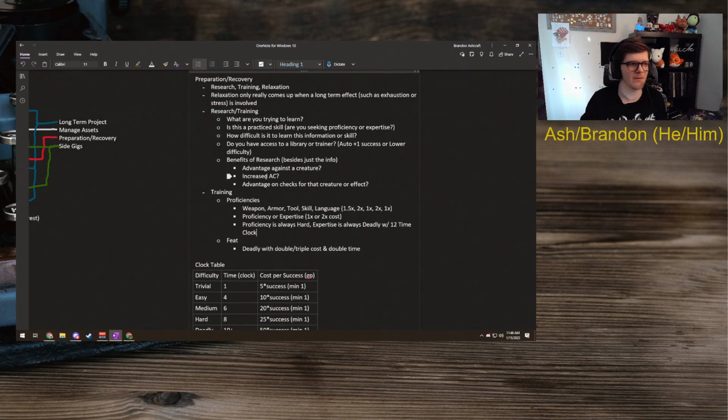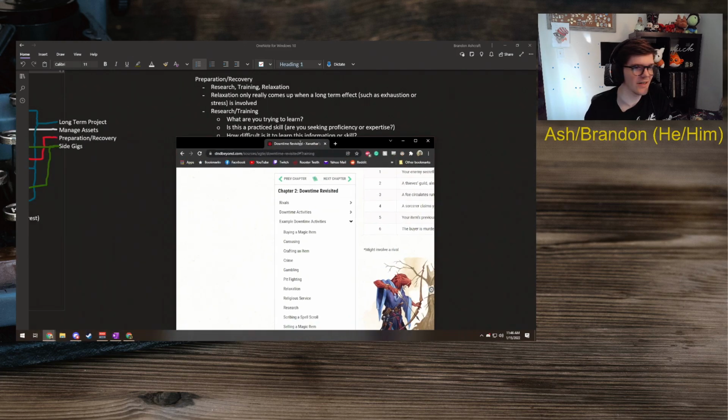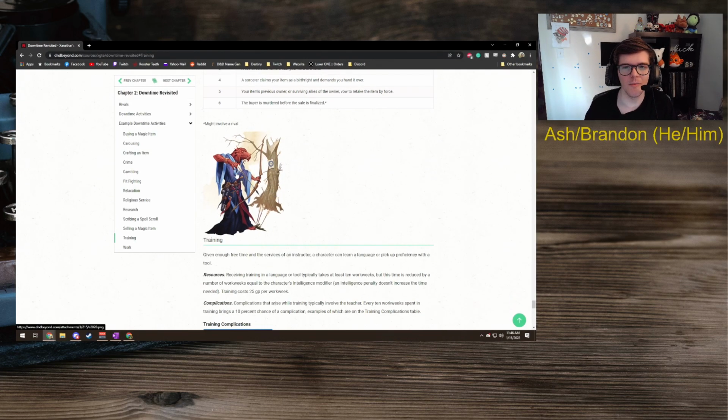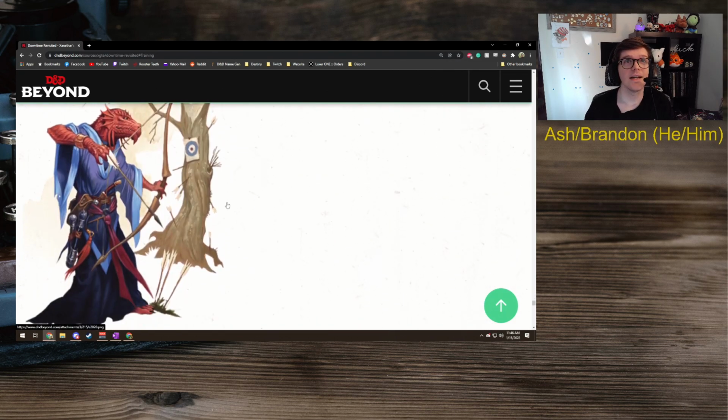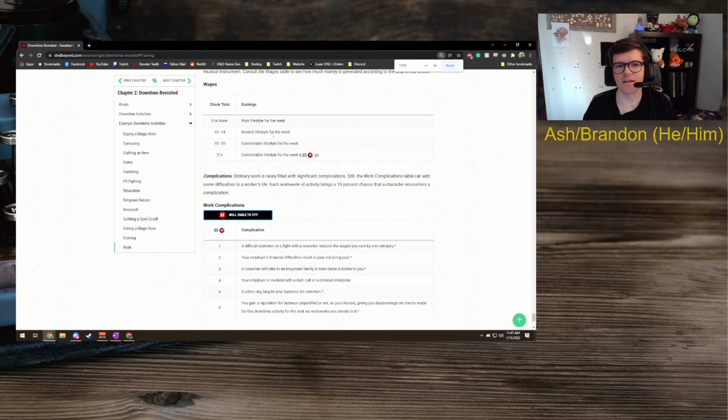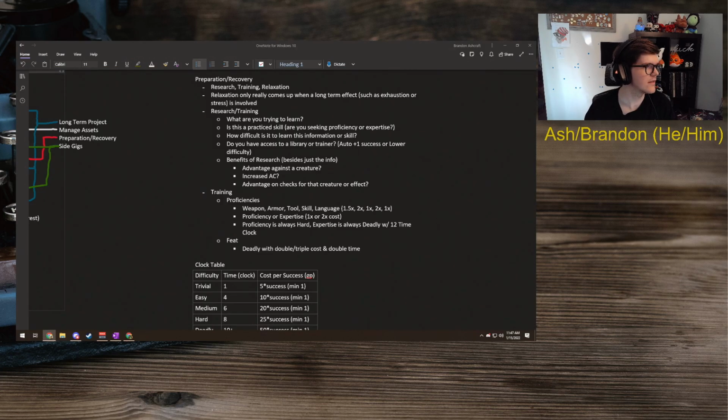When they think training, especially when I'm pretty sure the image with training is a Dragonborn shooting an arrow. Yeah, it is. It is a Dragonborn, what looks to be a sorcerer, training with a bow. Hold on. Look at this. This is from D&D Beyond. Why would you put this image with training and you can't learn a new weapon? Why? Why would you do this? It makes no sense. None at all.